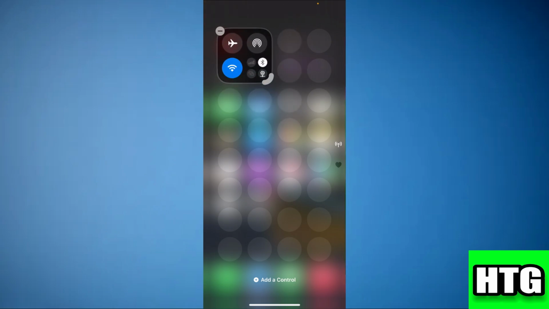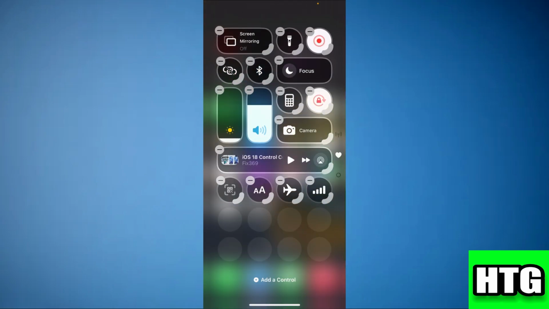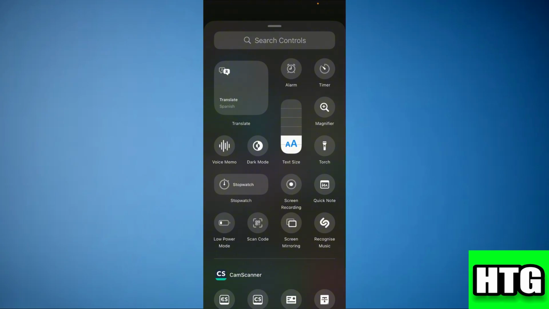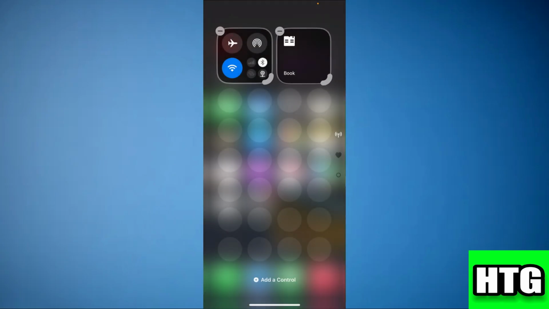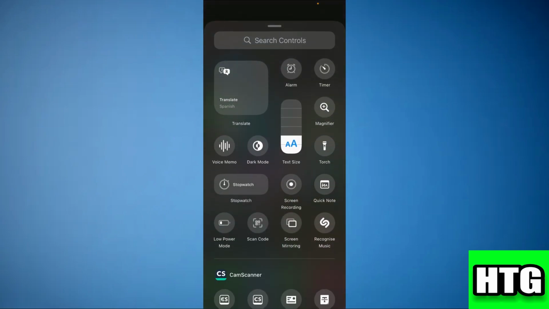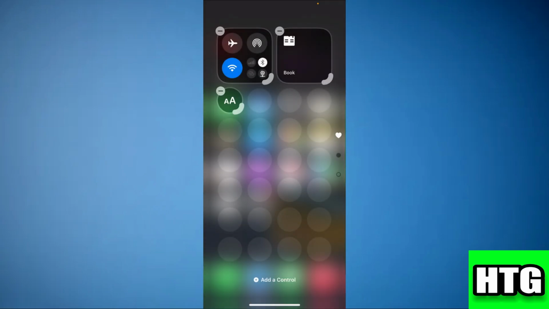To add a new control, tap on Add a Control. From the list, select any controls you'd like and they'll appear in your control center. If you'd like to delete an entire page, remove all the widgets on it and it will disappear from the